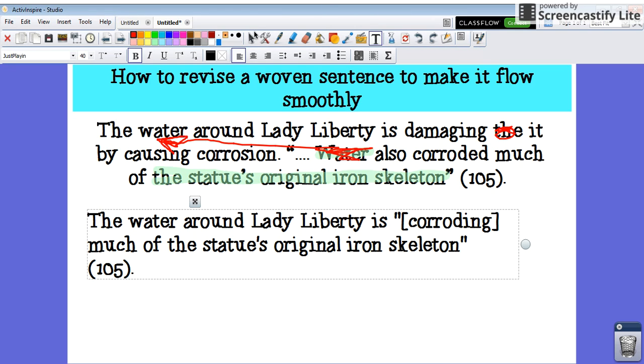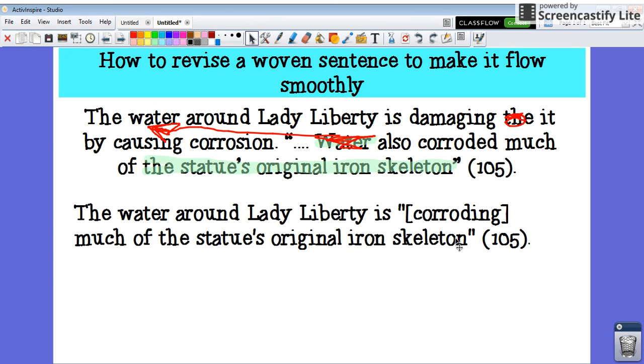Okay, now when we look at my newly revised sentence, I'm going to read it out loud. Let's see if it actually flows a lot more smoothly than the original. The water around Lady Liberty is corroding much of the statue's original iron skeleton. Perfect. There's really no awkward moment. There's no grammatical mistake. I changed the verb "corroded" to make it grammatically correct so that it would flow